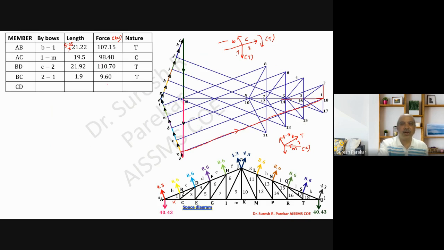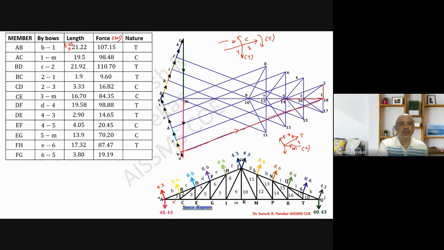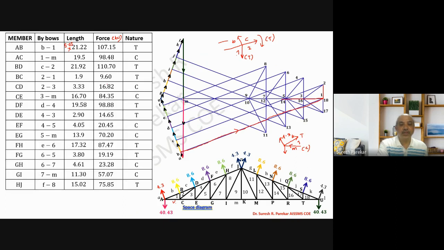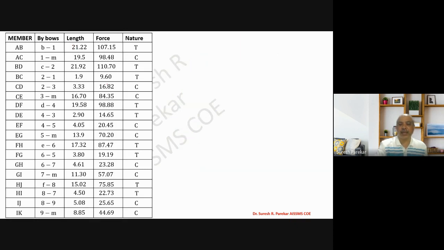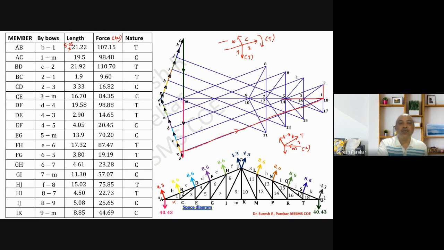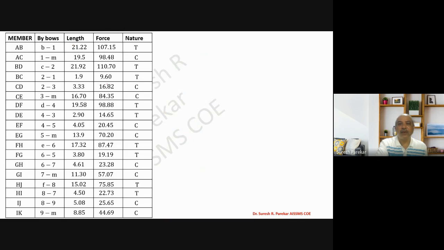And so these forces in the members we have calculated over here, and we are going to get all forces, magnitude as well as direction, that is, the nature of the force. So this will be our calculation: force in members due to wind load. Now we have to check whether what we have calculated is correct or not.